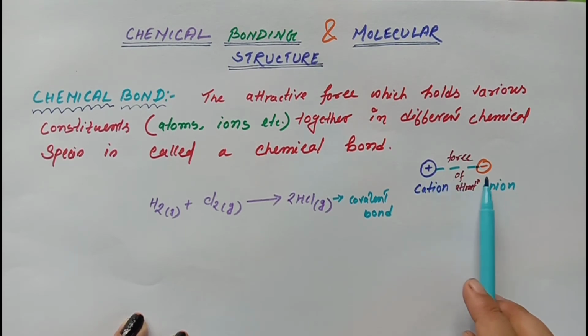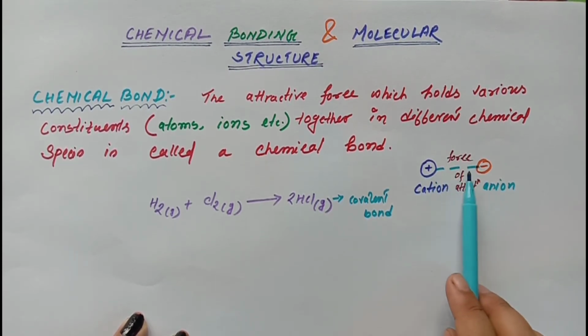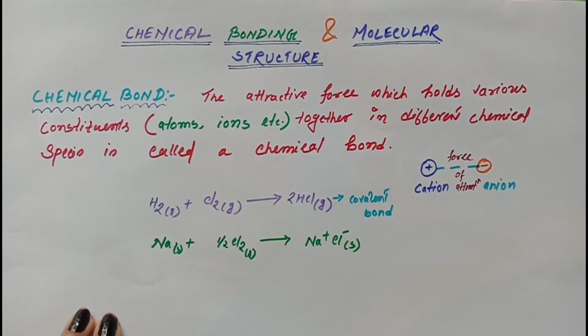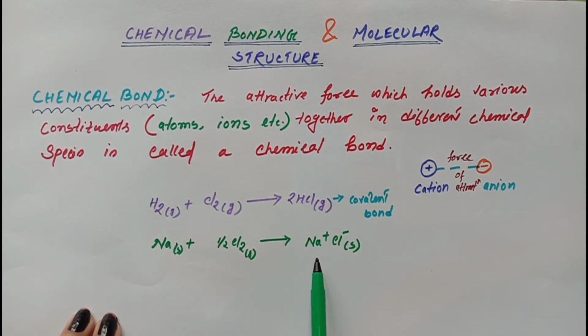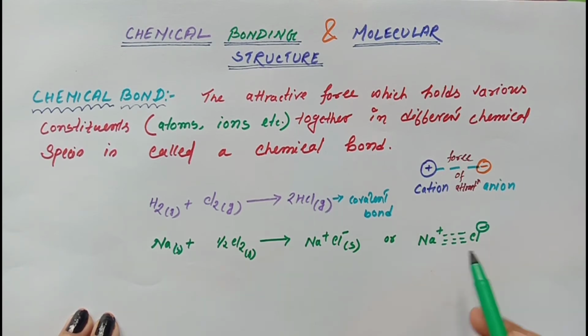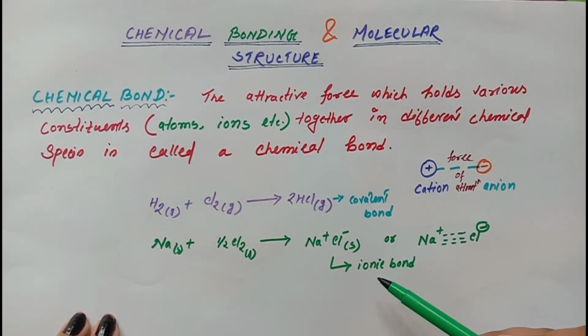But in the case of cation and anion, they do not share the electron; they only transfer the electron from one to the other. And see another reaction. Here sodium reacts with chlorine to form NaCl solid, which is also formed by an attractive force and is known as an ionic bond. So this is the cation and this is the anion. They form this electrostatic force of attraction. And we will discuss these ionic and covalent bonds in our next section.